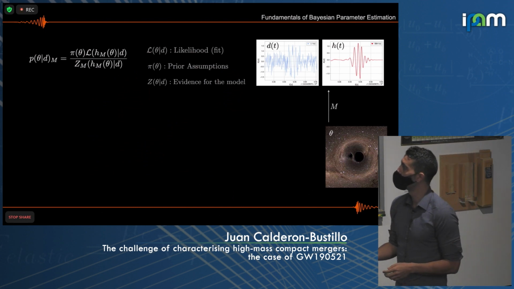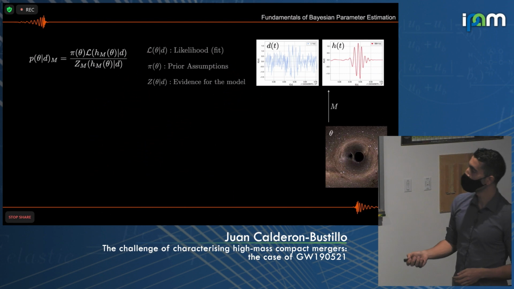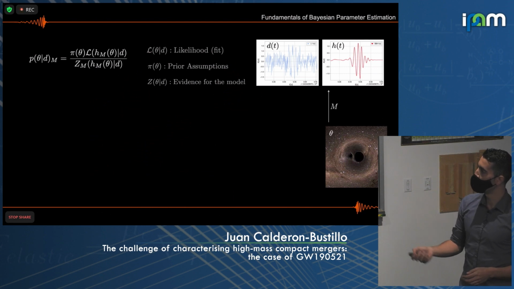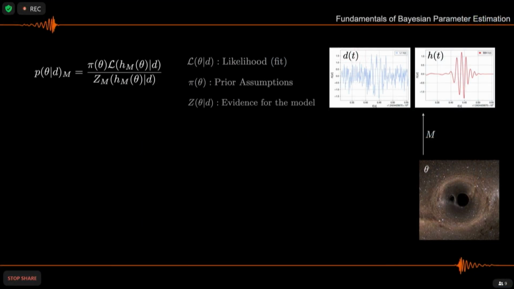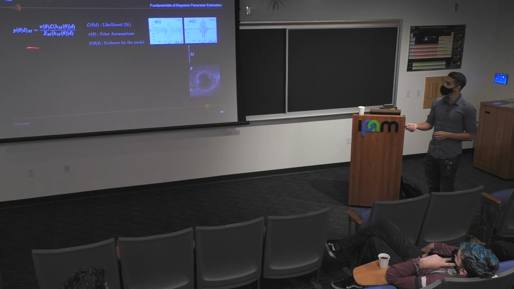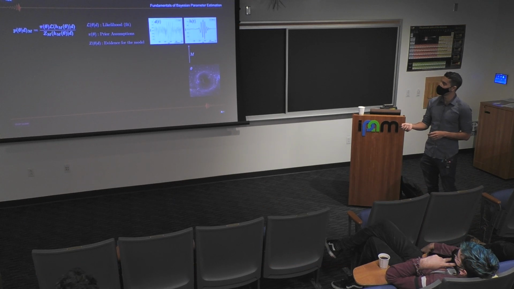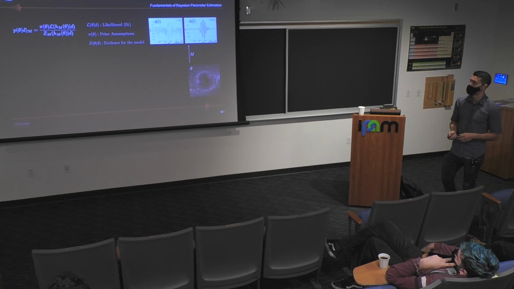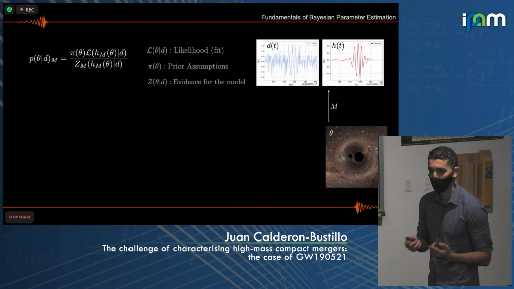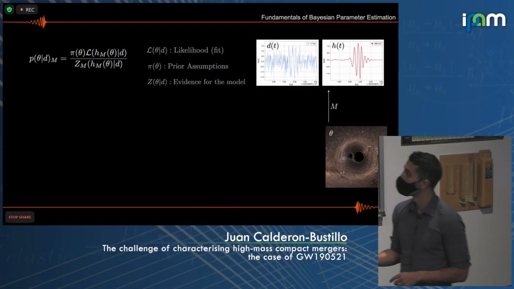So how do we perform this comparison? Well, what we're looking at is the posterior probability that this template represented by some parameters theta actually corresponds to the data according to some model M. Again, this model could be a numerical model, could be a phenomenological model. And there are two ingredients we use to do parameter estimation, and there is a third one that is very important to do model selection, so to decide between possible models that describe this source.